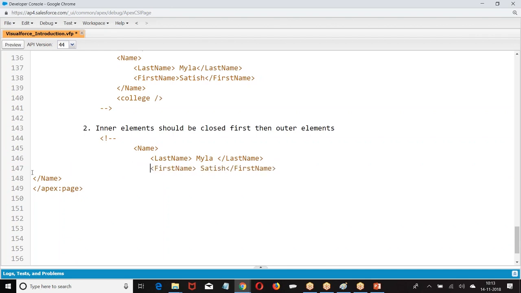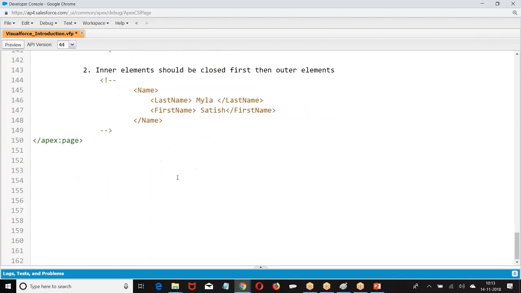Inner element should be closed first, followed by outer elements. So if I open a name, last name, close the last name, then close the name. Inner element should be closed first, followed by the outer element. Okay, inner element, what is that? Last name, then followed by name.